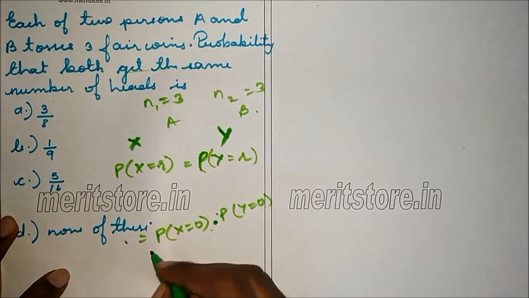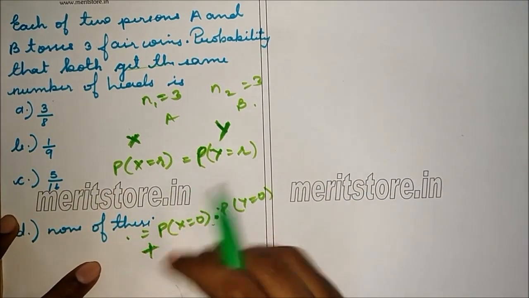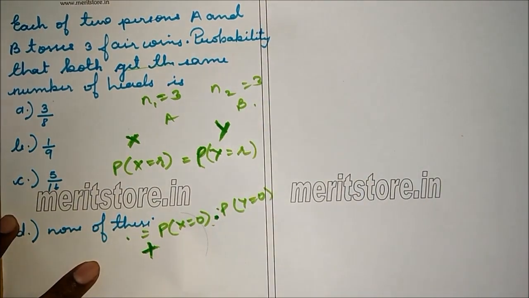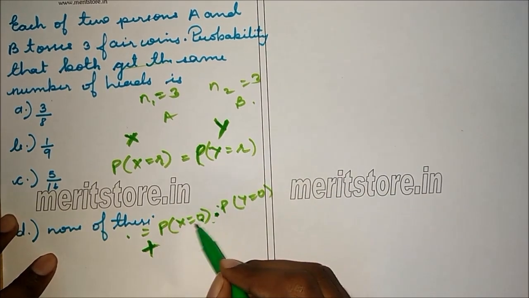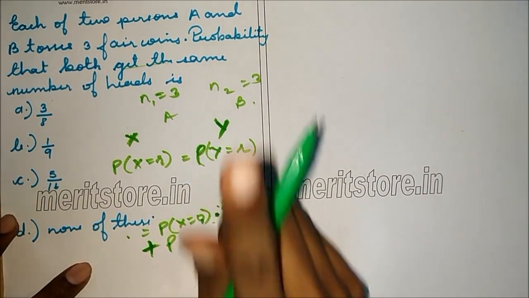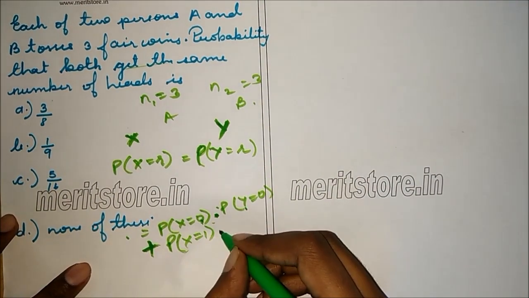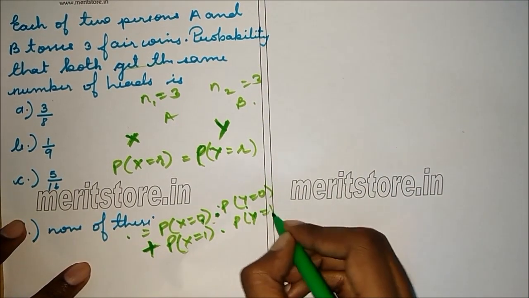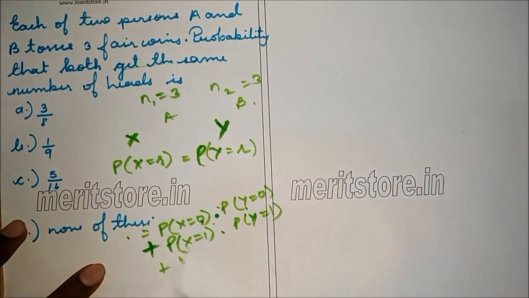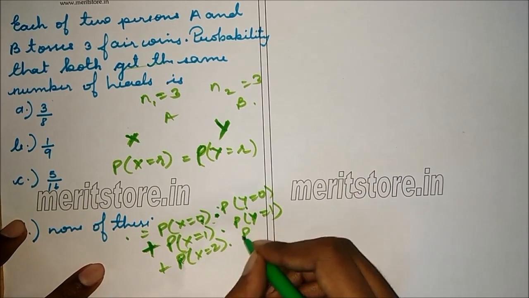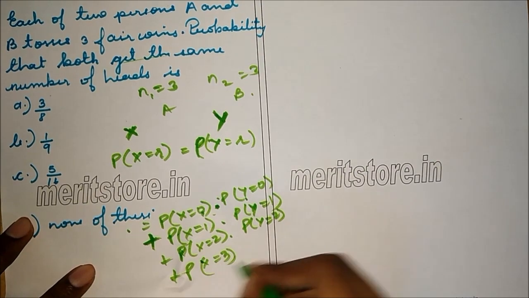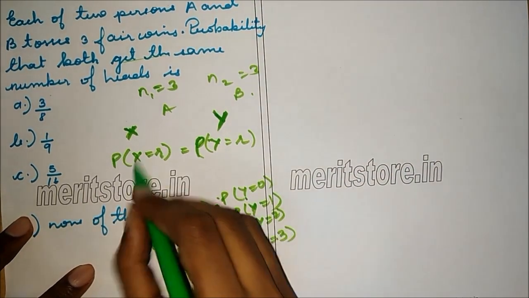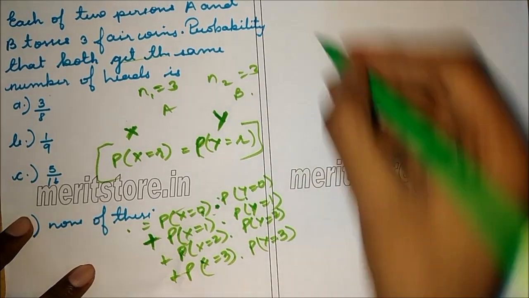Multiplication is for events which should occur simultaneously, and plus is for events which are alternate events. So the probability that no one gets a head, so this will be 0 for A and 0 for B, plus the probability that they get 1 head each, so this will be P of x equals 1 into P of y equals 1. Similarly for all the 3 cases, that is P of x equals 2 into P of y equals 2 plus P of x equals 3 into P of y equals 3. Now we know that both should be equal, so these terms are equal, so we can write,